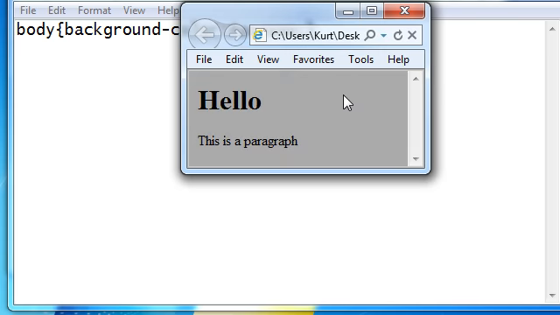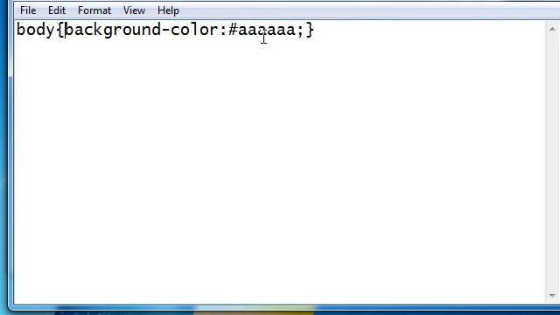If we refresh that, we get a darker gray. So about halfway you'll get gray. And also you might want to experiment around with it, and you can get some pretty cool things. So if we do like A3, B2, C1 and save that,